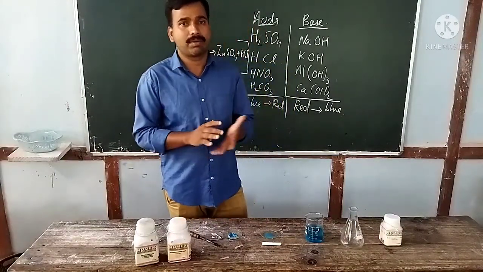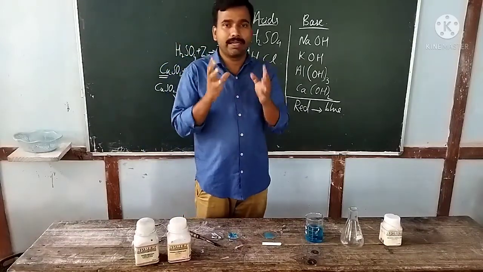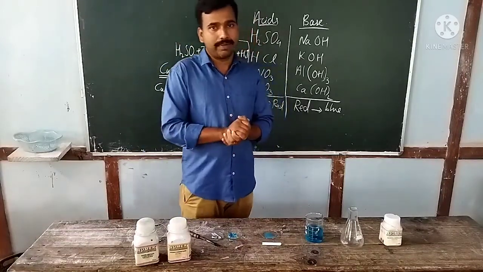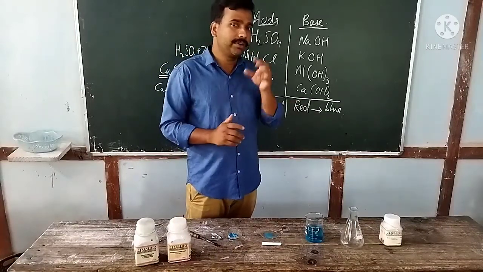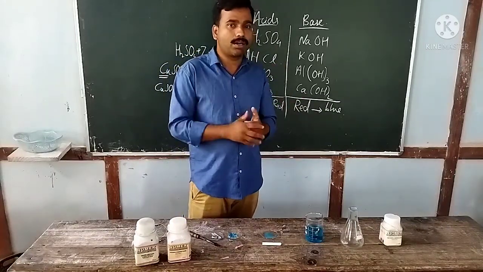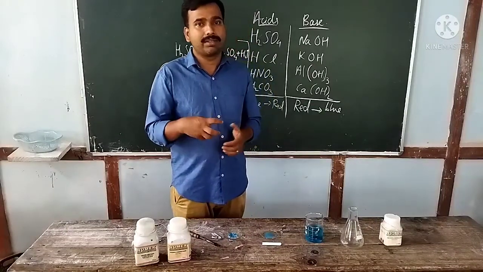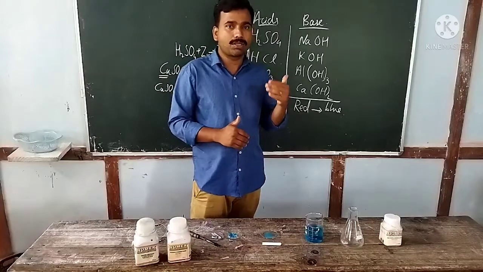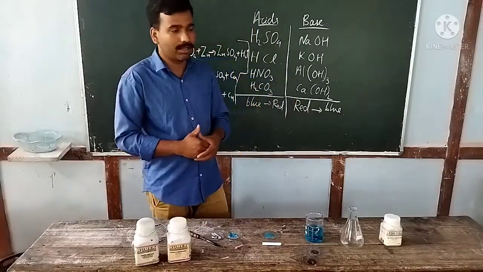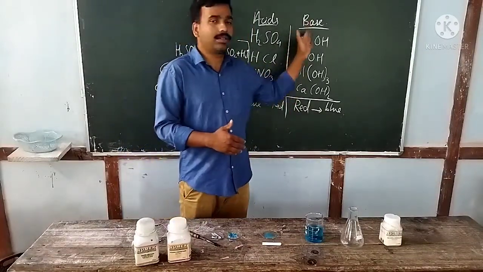So the first chemical property we already saw: when metals react with oxygen, they form corresponding metal oxides, and when you dissolve these metal oxides in water, they form corresponding metal hydroxides, which are basic in nature. So metal oxides are generally basic in nature. So how do we test bases?